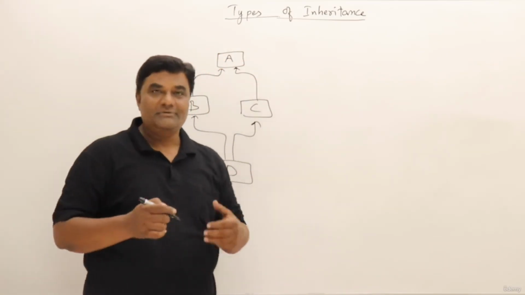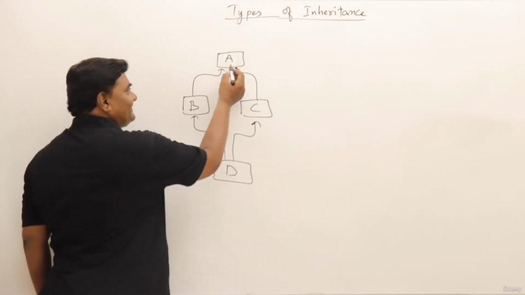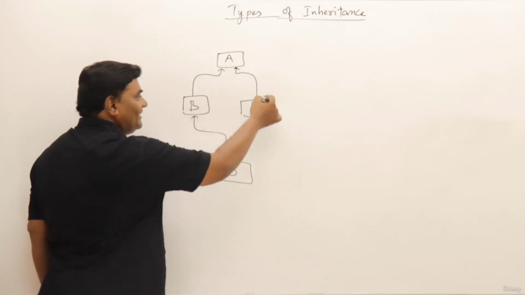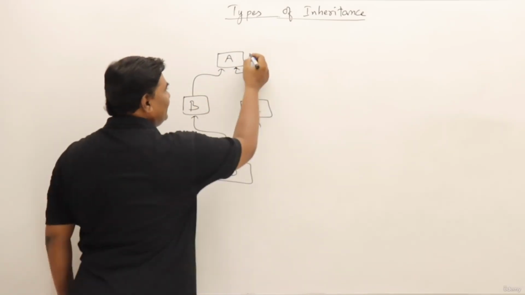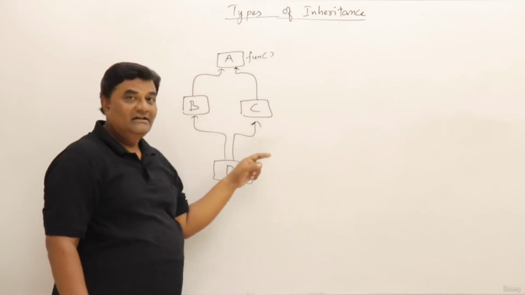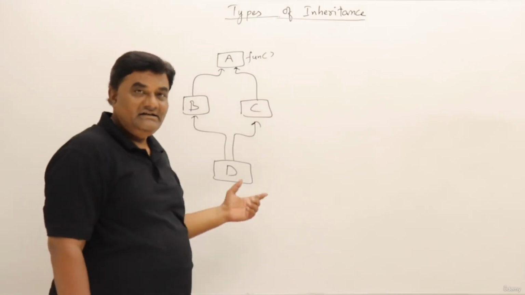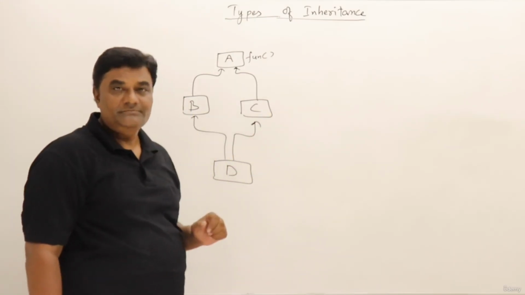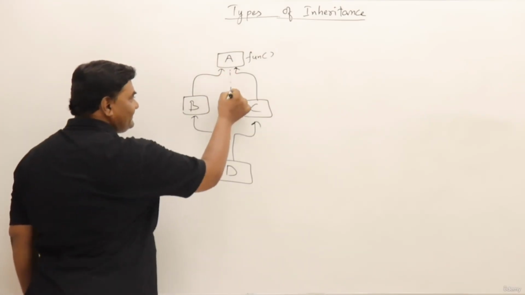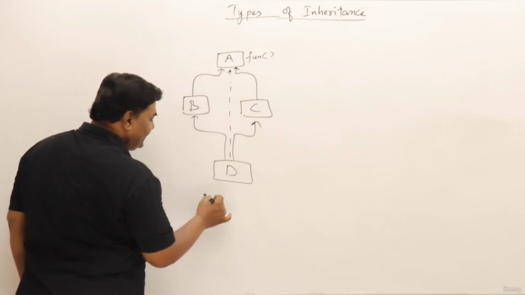This type of inheritance is allowed in C++, but then the features of base class A will appear in D via B also and via C also. Suppose I have one method, function fun, in A. That function will be available via B and via C in D. So when you call the function, there are two copies of the function in D, coming from B and from C. This is called multipath inheritance. D is getting the features of A via B and C, so this is multipath.